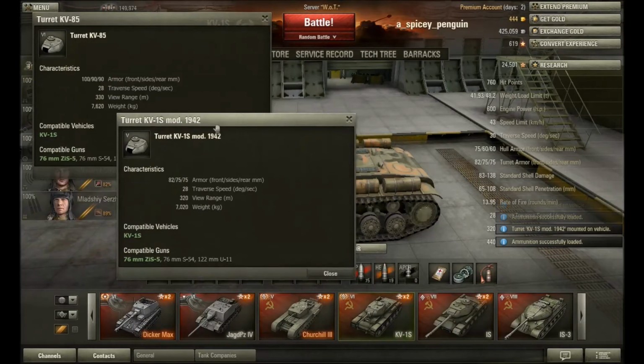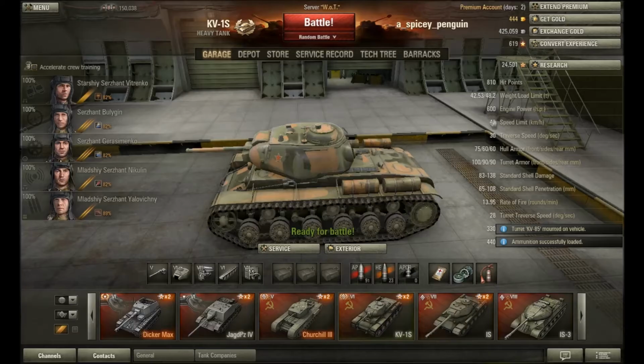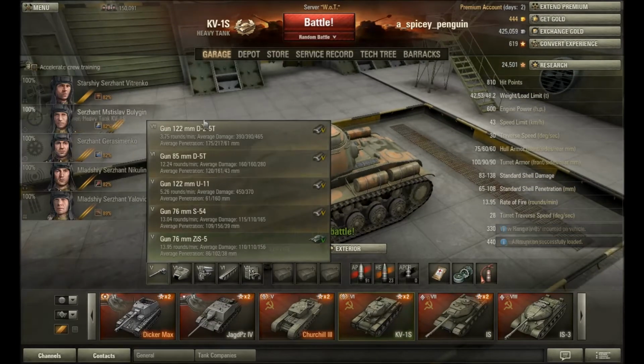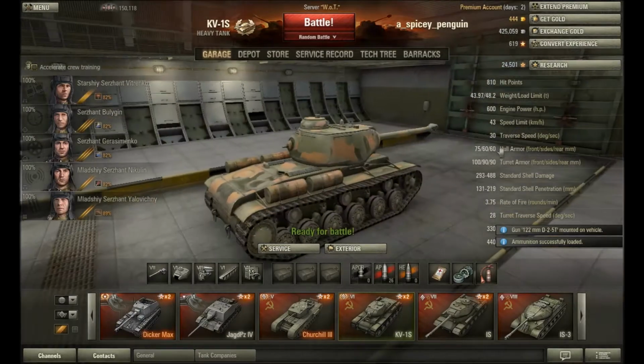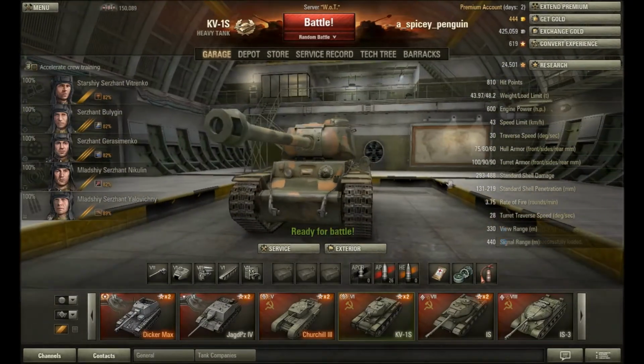They both have the exact same amount of traverse speed, so it makes no difference. But the upgraded one definitely has more armor and gives you an extra 50 hit points. That definitely comes as a bonus. The weight of it is 43.97 tons. It's alright. If you look down here where the engine is, 600 horsepower pushing 43.97 tons...